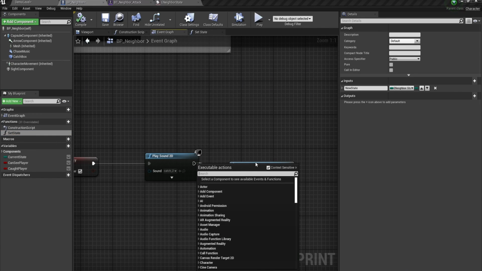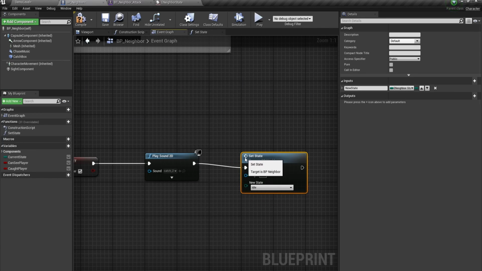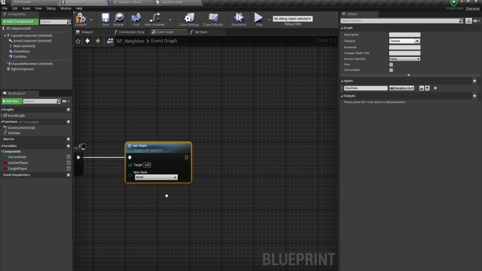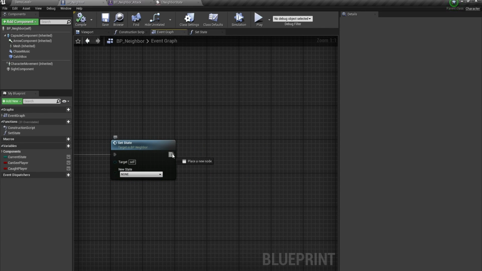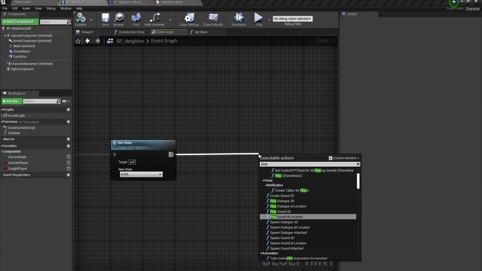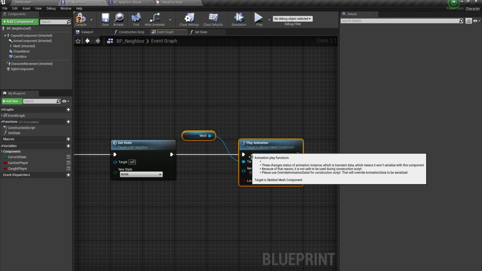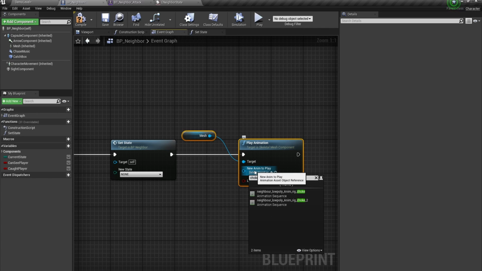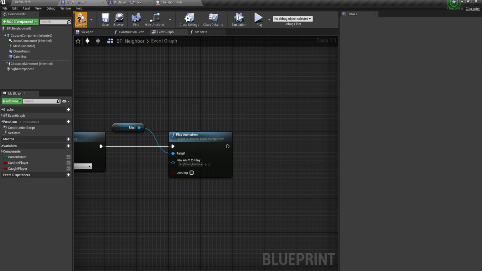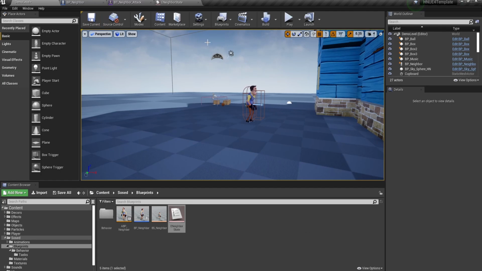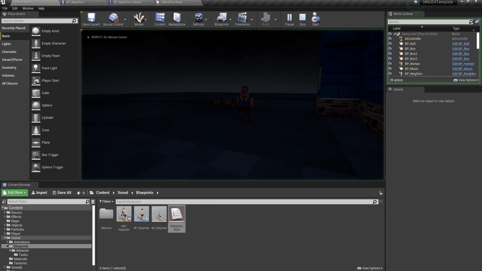Cool. So let's set the state to none. We'll play an animation. Search for choke. Cool. So now when he catches us,